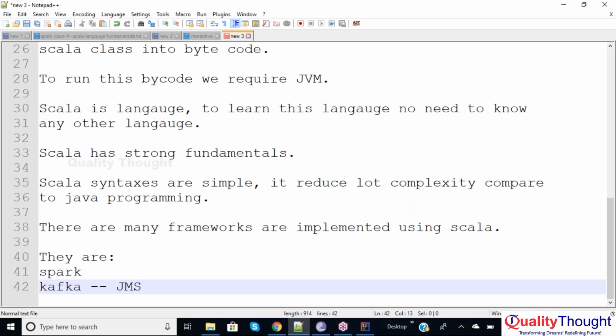So to resolve this JMS programming, there are multiple tools in the market like TIBCO, webMethods, message broker. The problem with the tools is they are not free. They are licensed versions. So initially, Hadoop, if you want to communicate with non-Hadoop systems, they are using